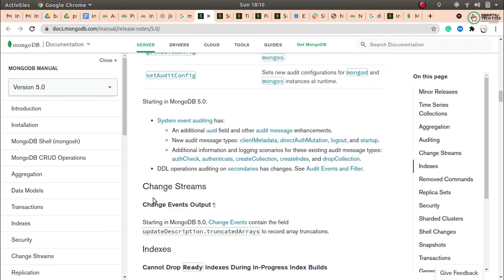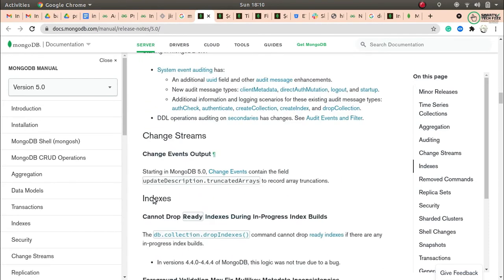And next, they have introduced one more thing, I think this is going to be very useful for me. This is the improvement they have made in indexes. If you are creating indexes in your development time or in your MongoDB applications, and by chance your system shuts down or your MongoDB rolls back, then if you restart the MongoDB, all the progress made during the index creation is lost.